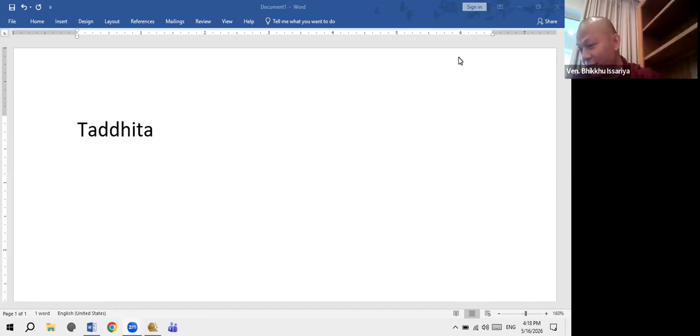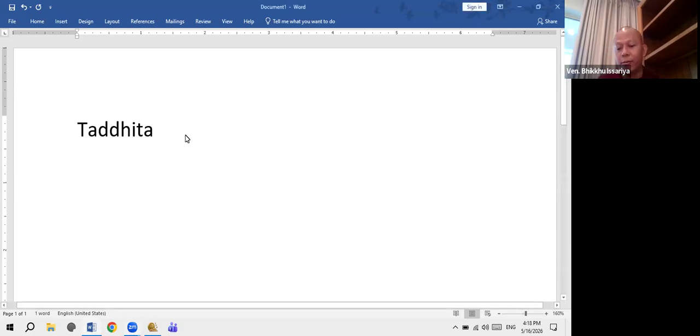So today we will learn part of the Pali language. Pali also, like other languages, especially English, has words with root words. For example, one word has a root word. For example,